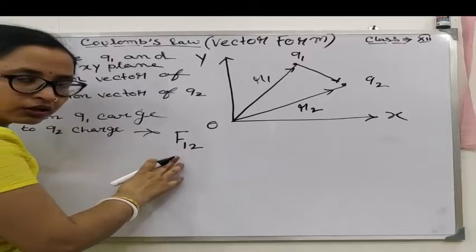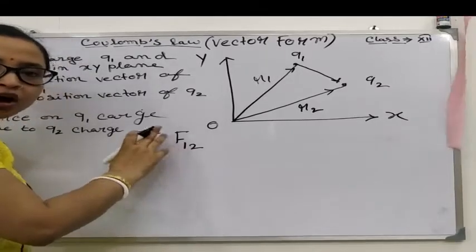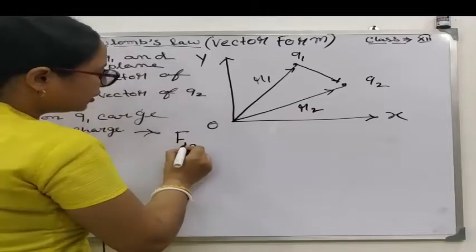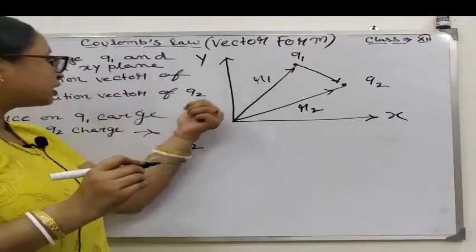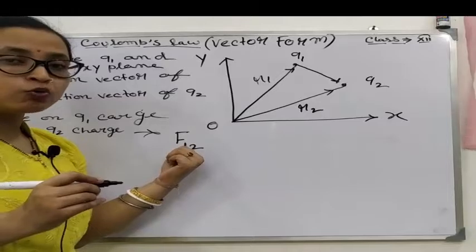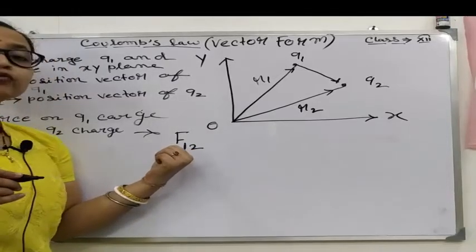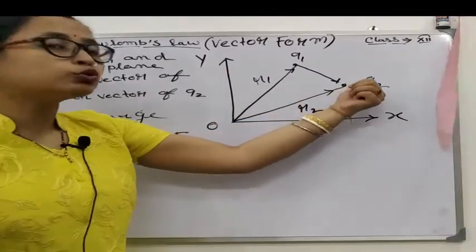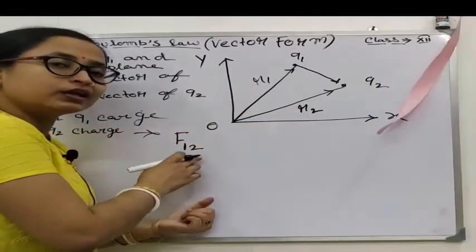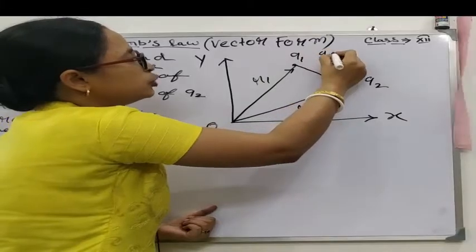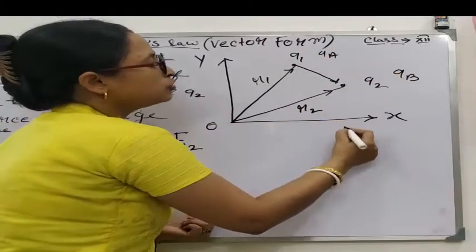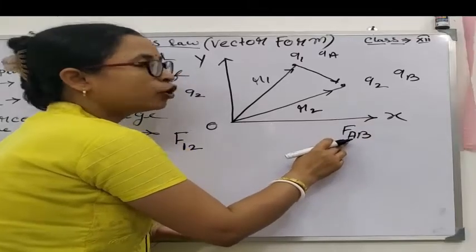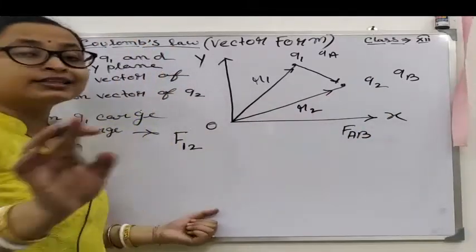This is the trick to write the force applied on a charge. So in F1, the first term is written for the charge on which the force is applied. Here I have considered that force is applied on Q1, no? That's why here I have written F1. And who applied the force on this charge? That means Q2. That's why 2 is written in the next term. For example, if you write QA, it will be QB. Then also, how can you notate the formula? FAB, that means force applied on A charge due to B charge. Like this you have to write.